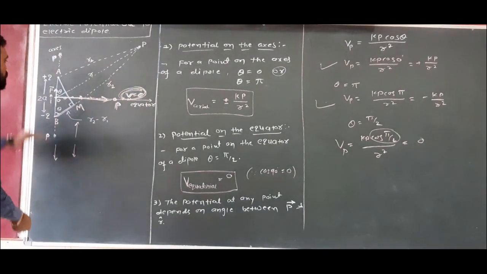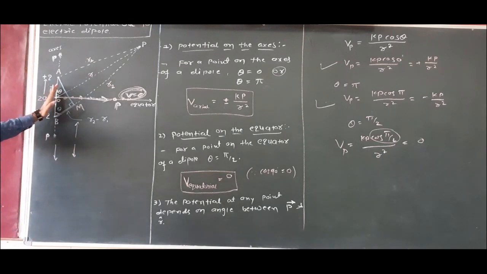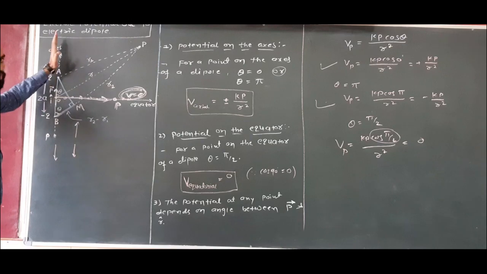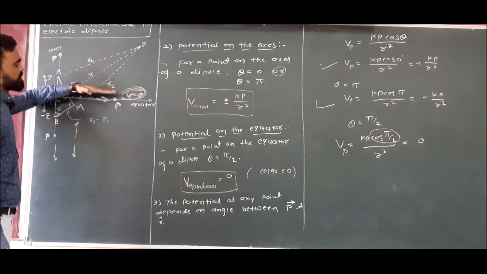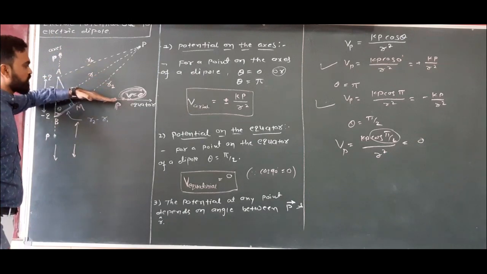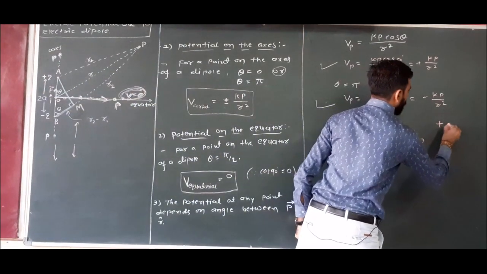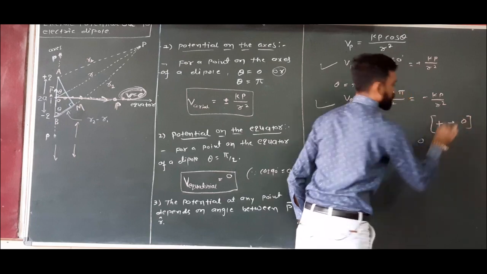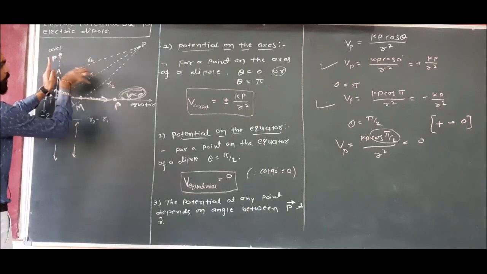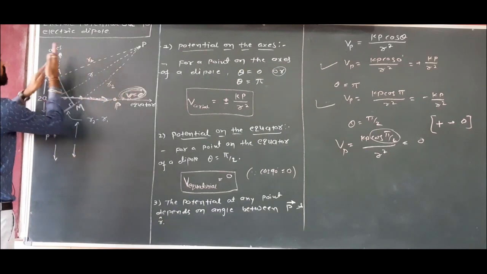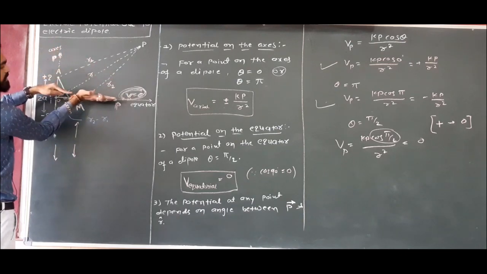Again, if your point is on the axis and on the side of positive, then potential is positive. Now as you increase the angle, when it's perpendicular, 90 degrees, then potential becomes 0. That means the potential goes from positive toward 0. This is the range of potential. In this whole area, potential will be positive, greater than 0 and less than the potential on the axis. So it is positive. Here it will be exactly 0.